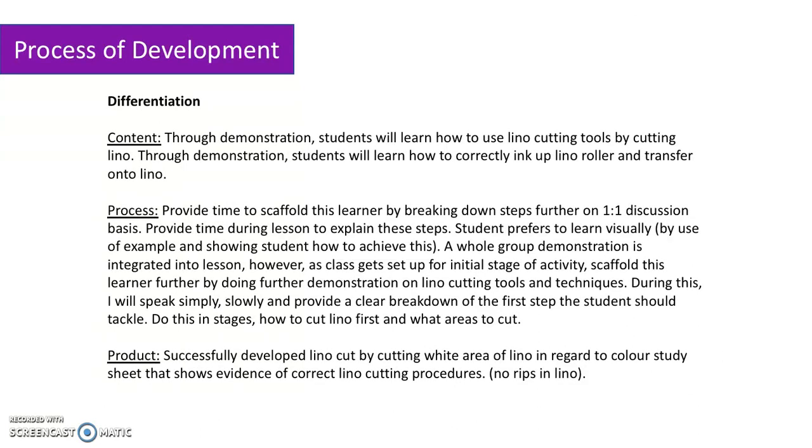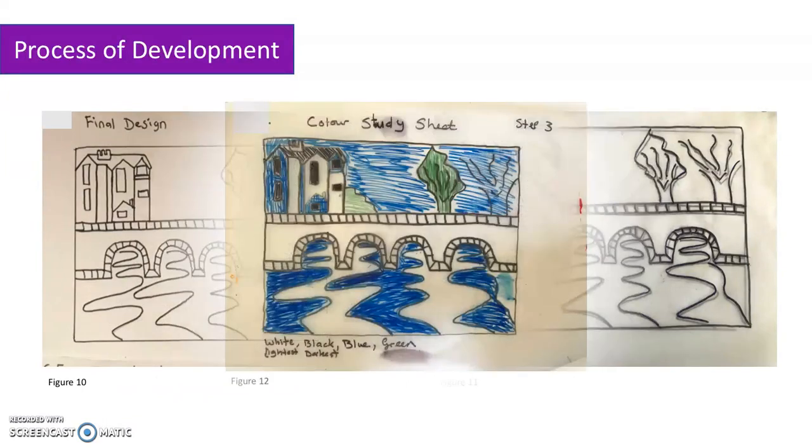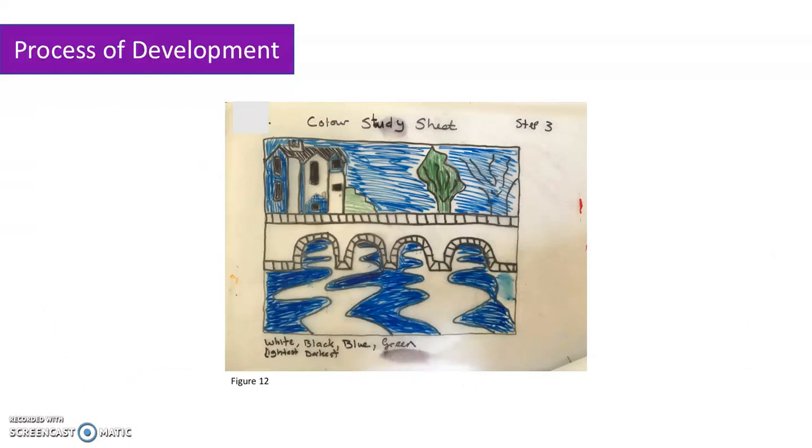For this stage of the scheme, I scaffolded the learner by breaking down the steps after initial group demonstration. Here, I applied a border to each page of the student's final design. I also asked the student to write the sequence of steps down on his design sheets. I used lower level questioning for this stage of the scheme. During this stage, I asked a classmate to further explain the steps to the student that needed to be done